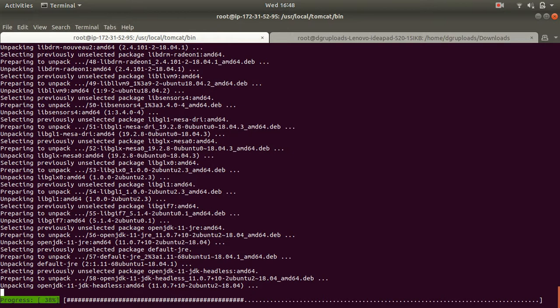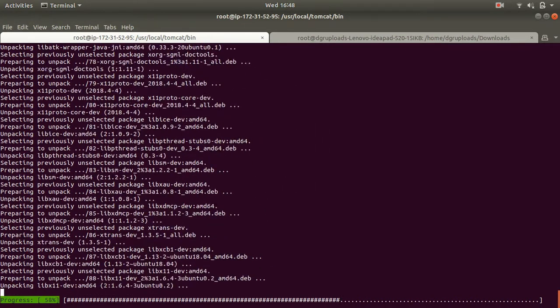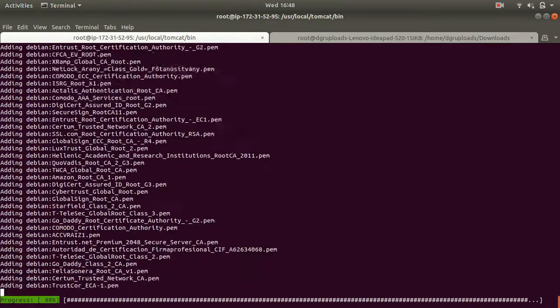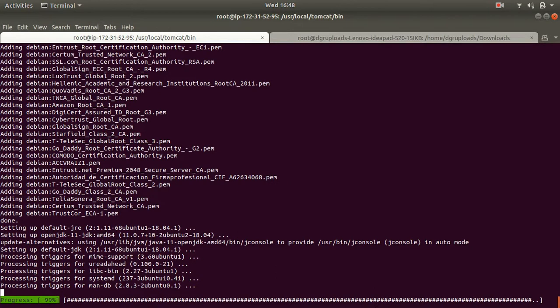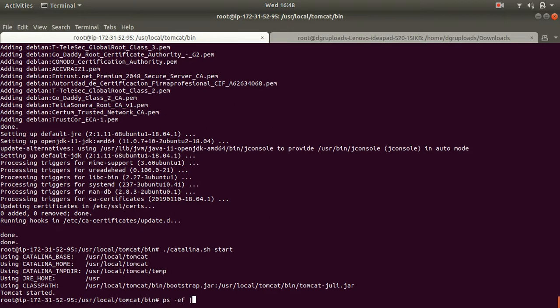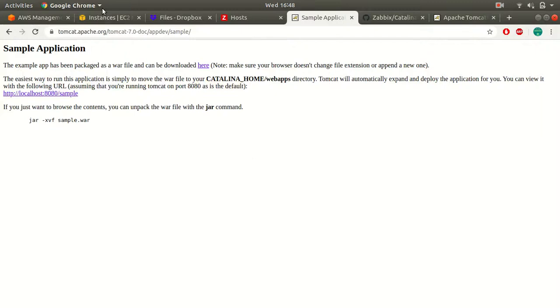Now once that is done, I want my Zabbix server to start monitoring this Tomcat application. That's where we make use of your Java Gateway and JMX. The Java Gateway will be installed on your Zabbix server. So make sure you're following all these steps properly, because setting up JMX can be a painful task. Here I'm going to start Catalina, and my Tomcat is up and running. Let me grep for Tomcat, and here is my Tomcat. Let's try and see whether this is working or not.